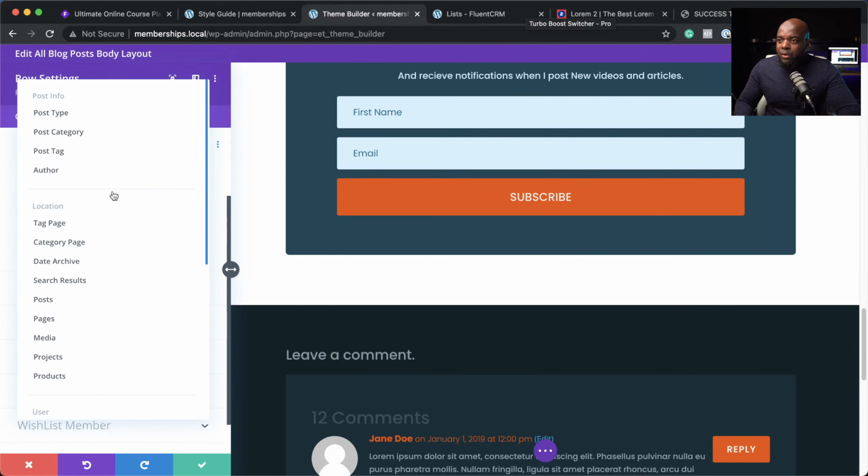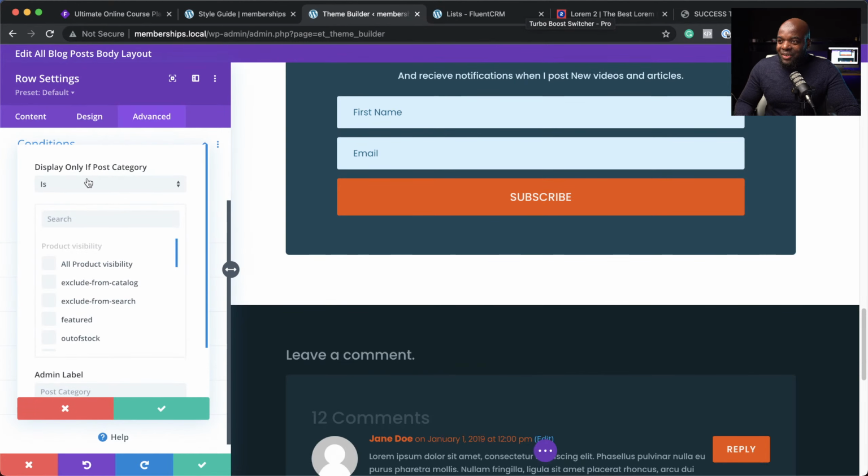And this is a new feature, by the way, from Divi. We can do this by post category. Isn't that cool? So I can come over here to post category and say display only if post category is, and then scroll down here to free member. So this is only going to show if the post category is free member. So if it's not free member,